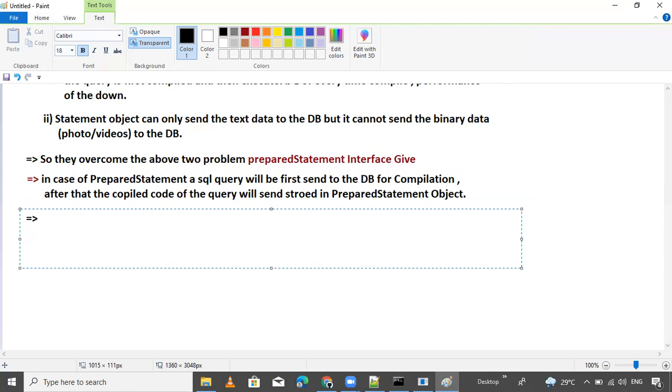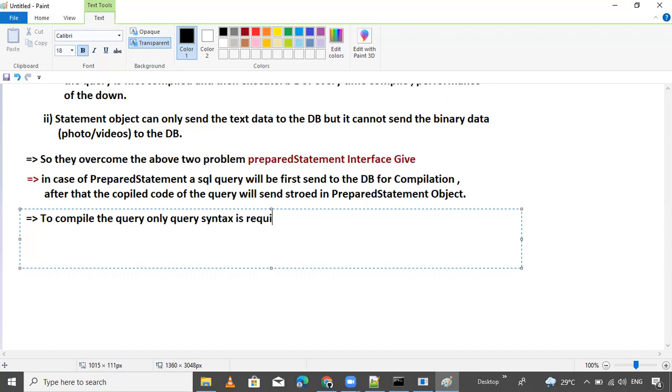Now the next thing is about the PreparedStatement. To compile the query, only the query syntax is required.